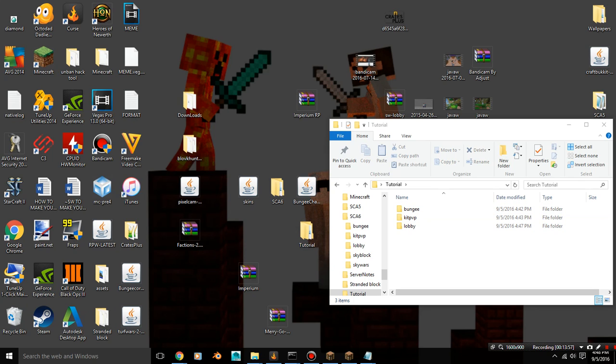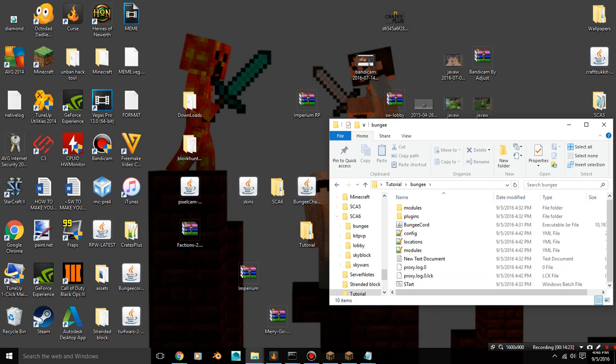After that, all you have to do is port forward. Look up what kind of router you have, and look up how to port forward your servers, your IP. Like, you would put the IP config, the IPv4 address, then 25651. But I don't think you have to do that, but if it says there's an error, simply just do that. So then you're just going to start the Bungee, get PvP,